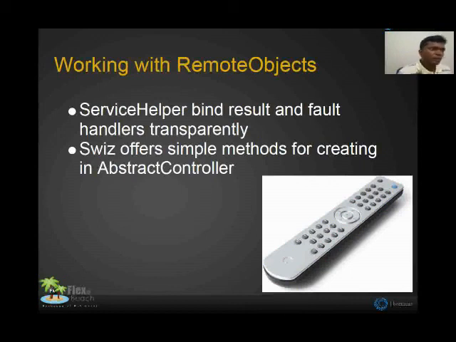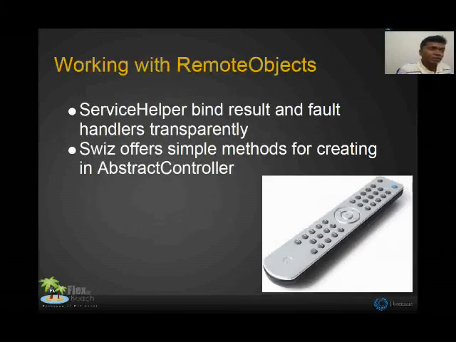When your delegate is waiting for result and fault handlers, even before making the call, you can make the service helper add extra arguments which can be received back when the result comes back. So you can make use of those arguments and make things easier instead of writing a lot of code. Working with remote objects is never easier than this. Trust me, I have experimented with this part with a lot of frameworks.